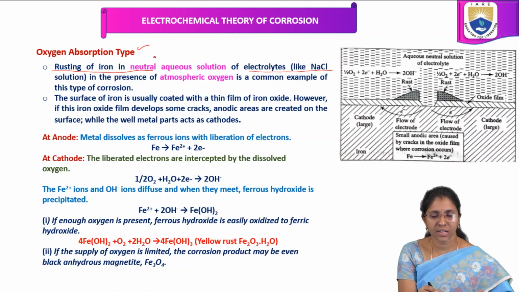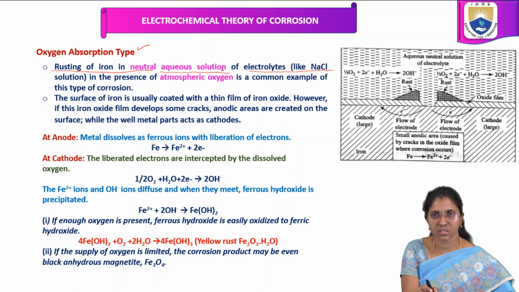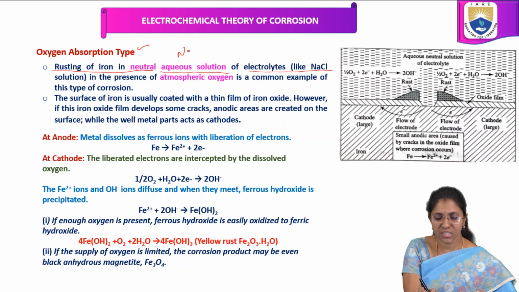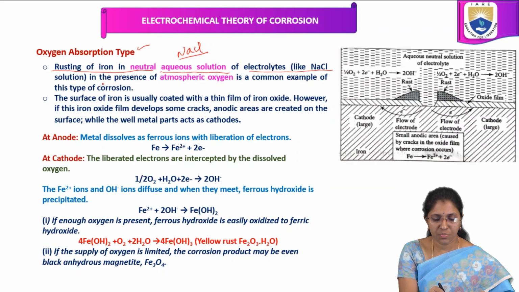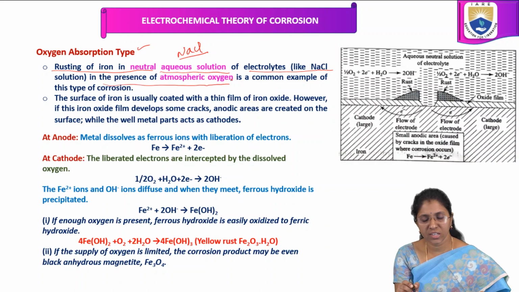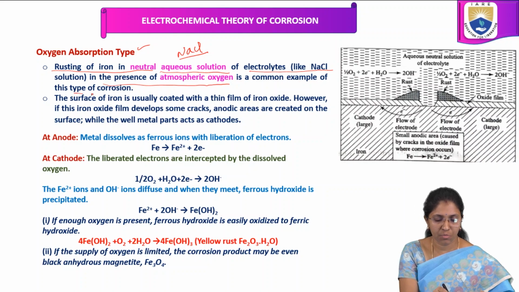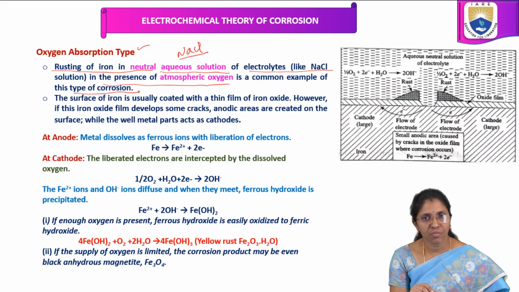Here, rusting of iron in neutral aqueous solution, so it should be placed in neutral aqueous solution such as sodium chloride solution, in the presence of atmospheric oxygen. Rusting of iron in neutral medium in the presence of atmospheric oxygen is a good example for oxygen absorption type